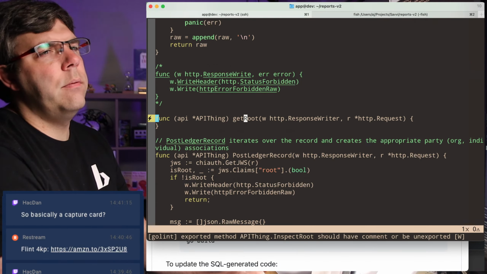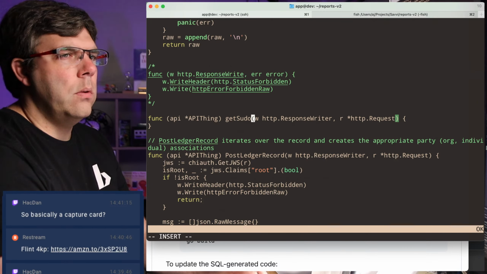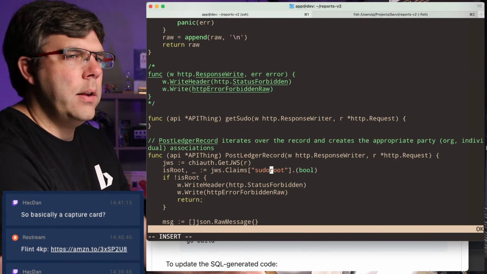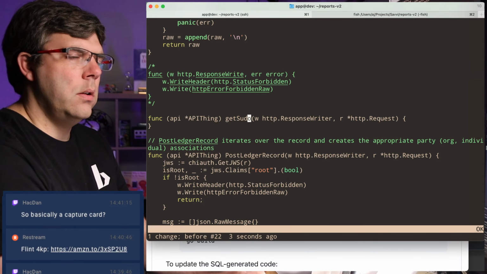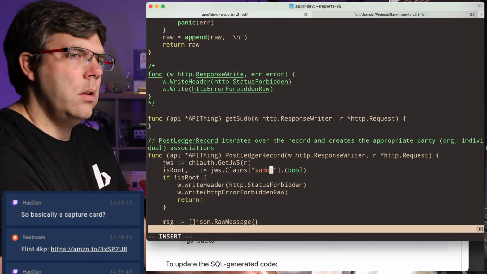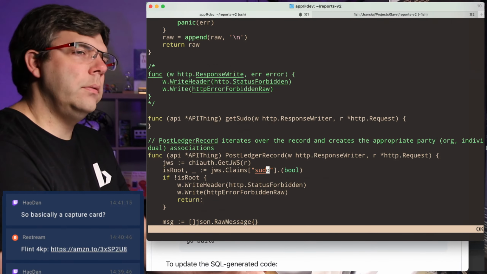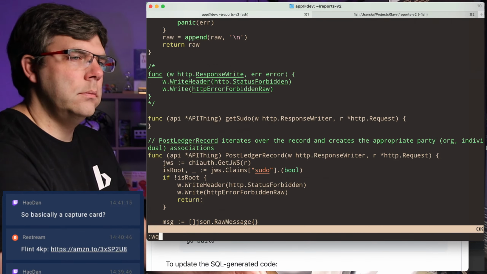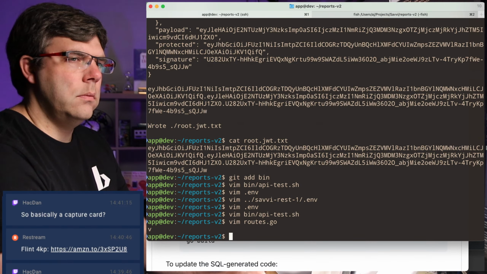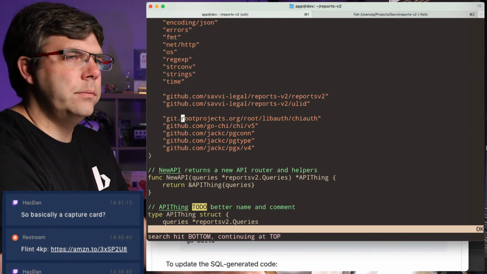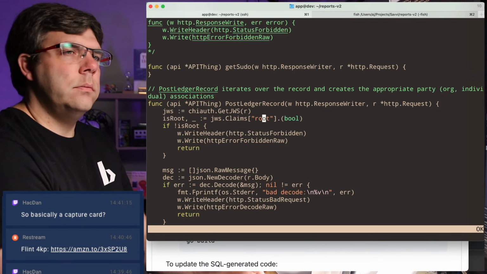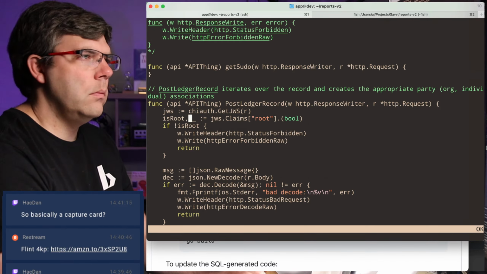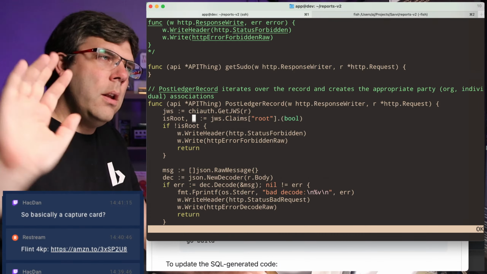I'm just going to say git sudo. I should probably change this to be sudo. That's what I should do. No, I'm going to leave it root. Hello, welcome.